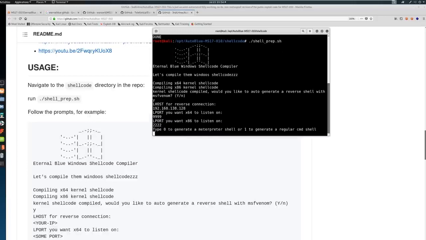Now we have the opportunity to use a Meterpreter shell or generate a regular command shell. If we do the Meterpreter shell, we can go into Meterpreter and run it in the sense that we use a multi-handler and pull down. It's basically a listener, and it's going to pull down a Meterpreter shell. So it's just a shellcode that we're generating. We already used a Meterpreter shell to get the first shell on this. So now we're going to go back and try to do this with a regular command